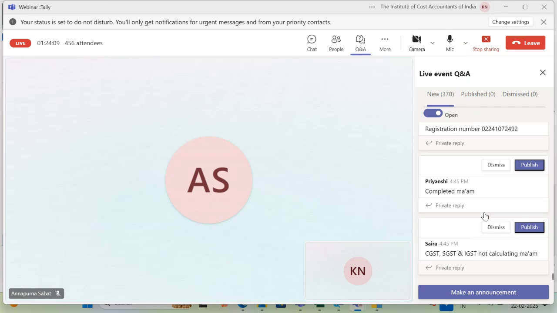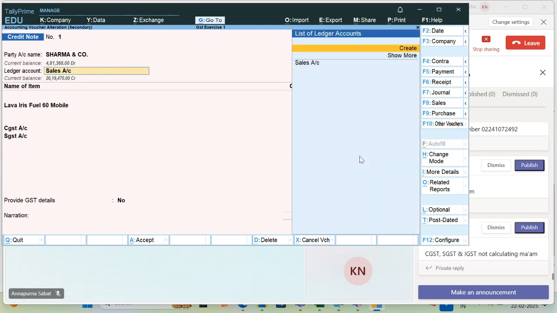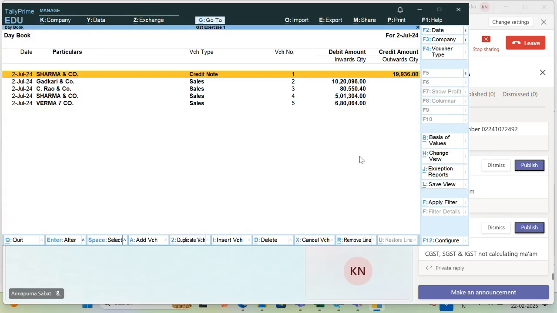Tyra, why is it not calculating? Beta, please check. We already completed the sessions on GST. Please check what the problem is. See, on my side, it was not calculated. Then I checked and found that by mistake I had set reverse charge to yes. Okay. Now